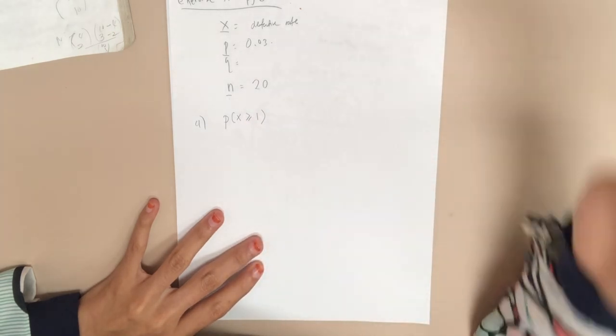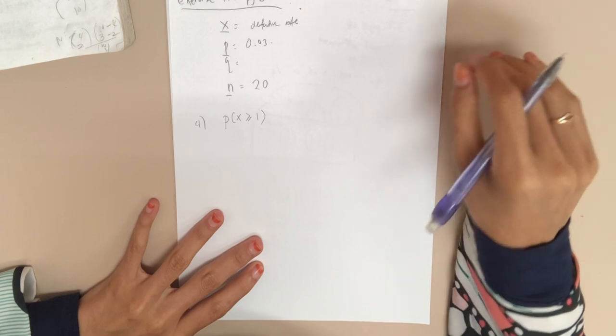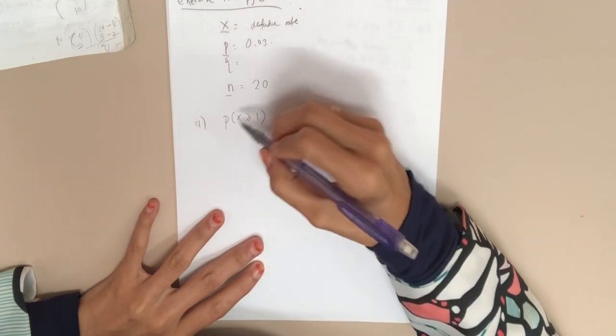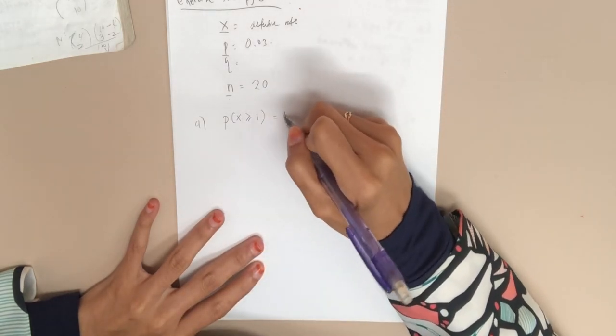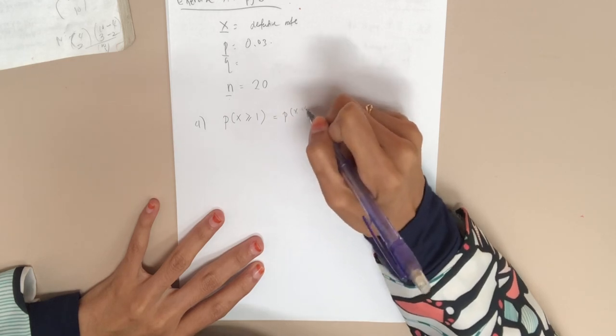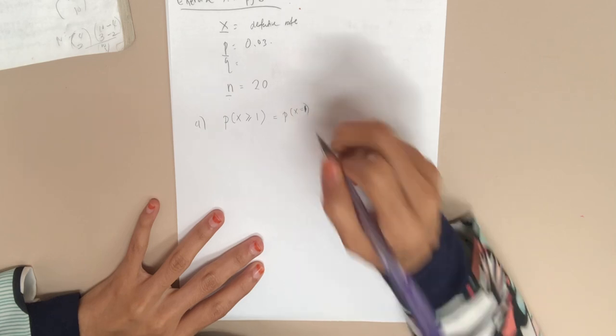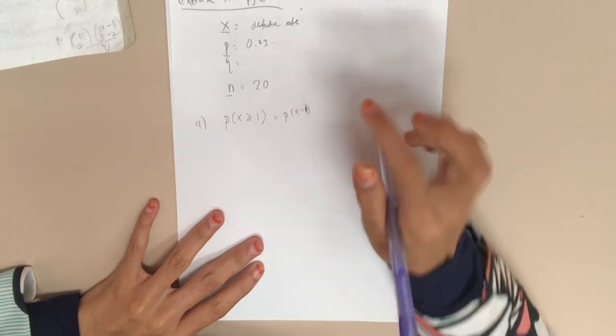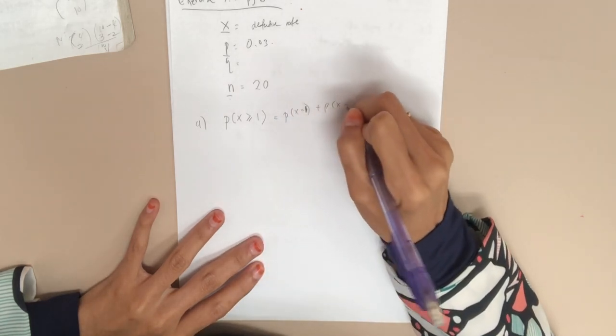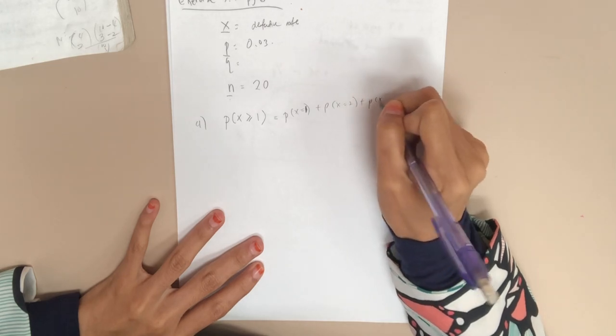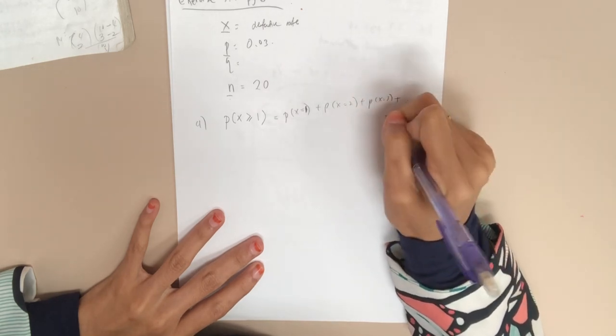Okay, must be one and above. One is included. Okay, one must be included. So how to find the probability for this? What we do is find P(X = 1), start from 1, and then plus P(X = 2), plus P(X = 3), plus and so on until